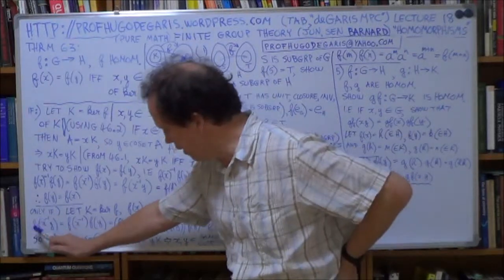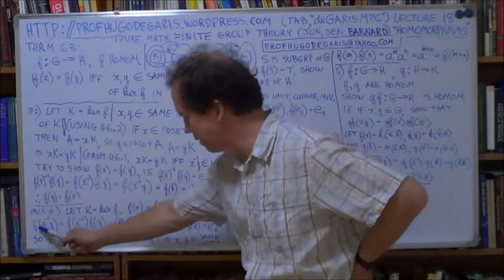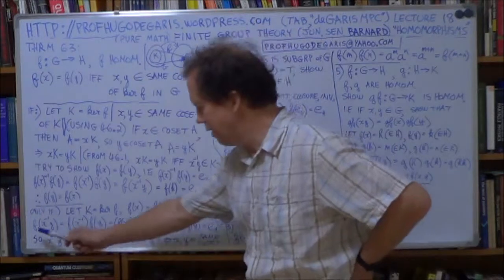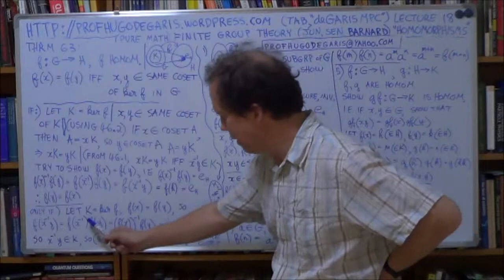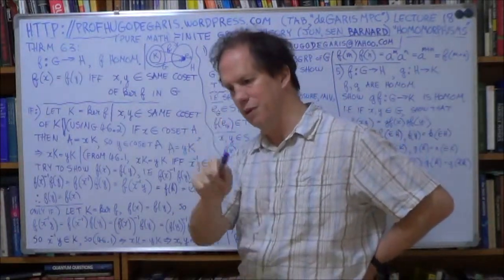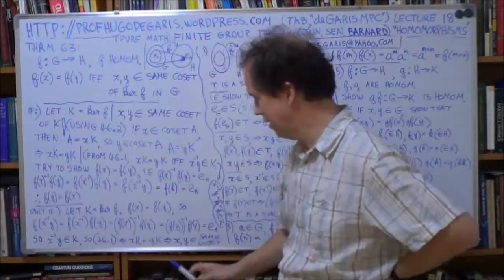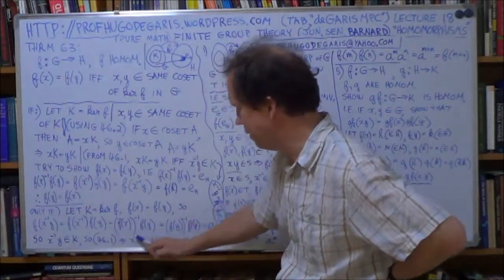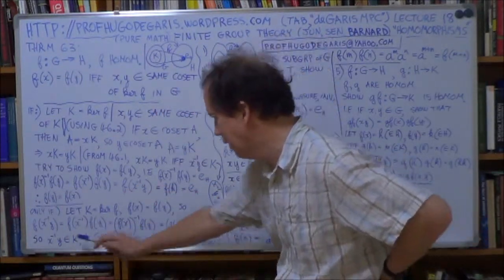So let's try to find f of x inverse y. Now f is a homomorphic function, so you can split this up into this form. That's just your f of mn thing again. So this is true here. Now inverses map, it's a homomorphic mapping, f. So the inverse in G maps to the inverse in H. So this is equal to this. We had the same phenomenon here and here. It's just the same thing. So we can rewrite that